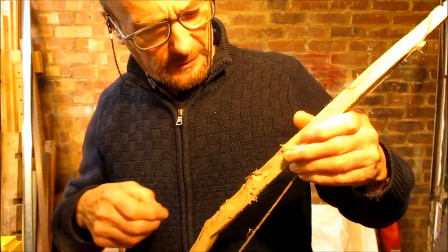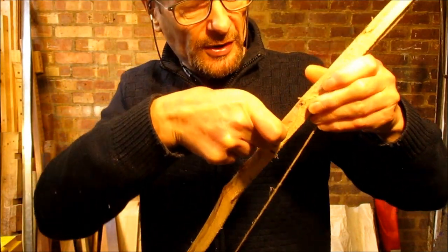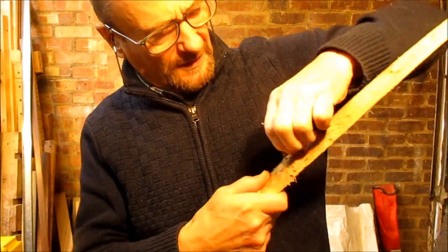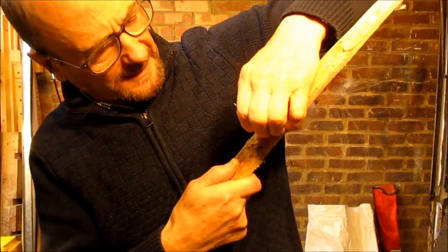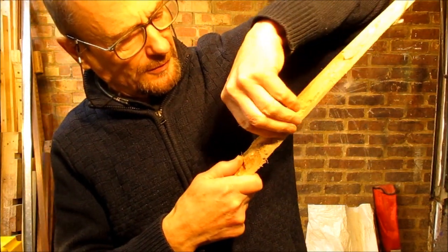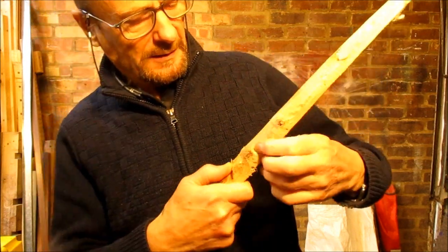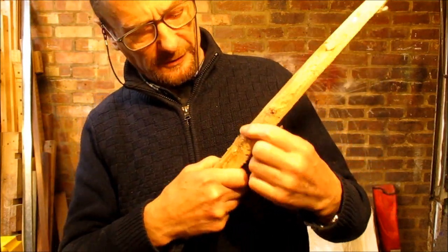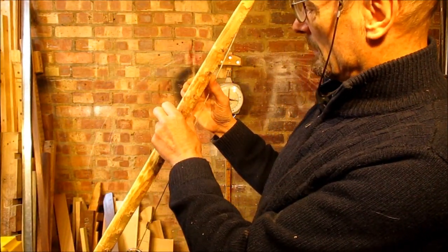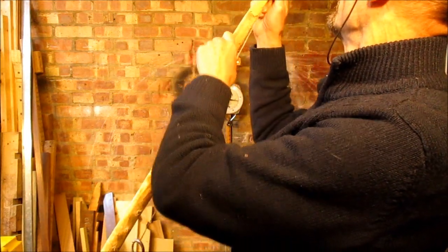Right, I've had a good look, and I think what we've probably seen is some of this cambium here cracking off. You see how it's lifting, and that it felt like that was where the noise was coming from. So that's fine, there's no sign of actual damage in the wood. I'll pop it back on and give it another...